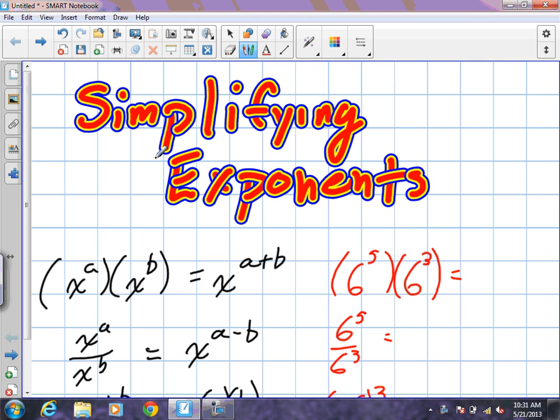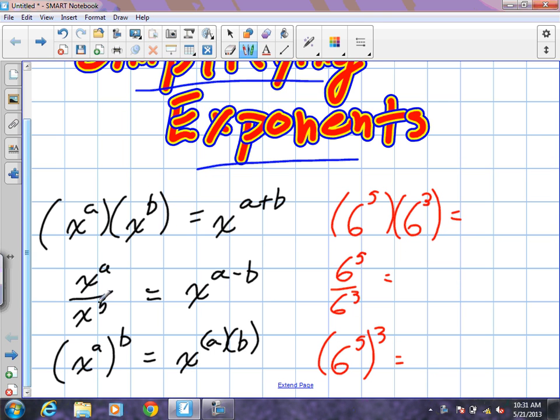Okay, so we're going to go into simplifying exponents, and there are three major laws here that we're going to need to know. In fact, I might add two more just to help you. First law is the bases are the same, and for all of these, the bases need to be the same. When we're simplifying two bases, or two exponents that are being multiplied by each other, what we can